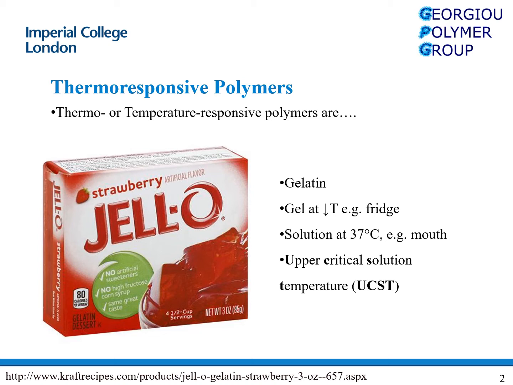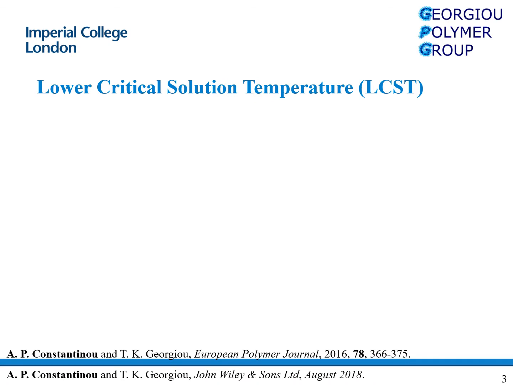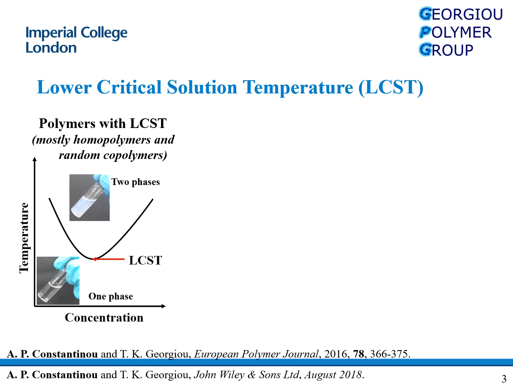So because gelatin is a gel at low temperatures and a solution at high temperatures, it's characterized as a polymer with upper critical solution temperature, or UCST. Polymers I've been working with have a property called lower critical solution temperature, or LCST, which is actually the opposite behavior. They are soluble at low temperatures and they are insoluble in a solvent as the temperature increases,